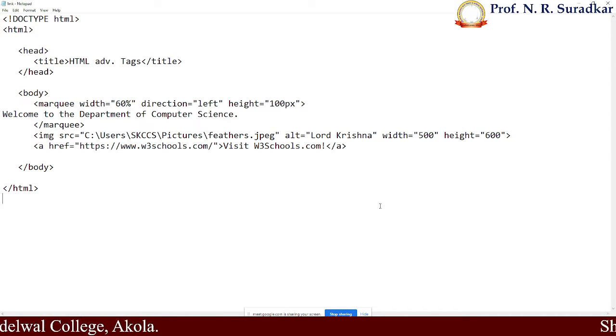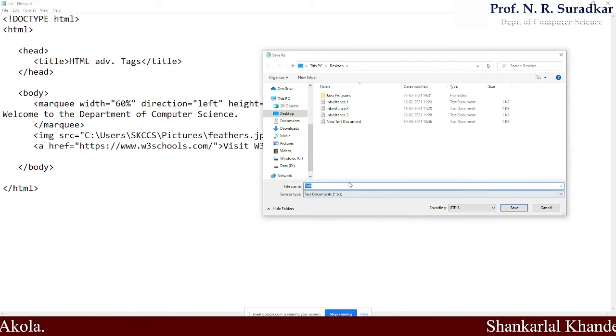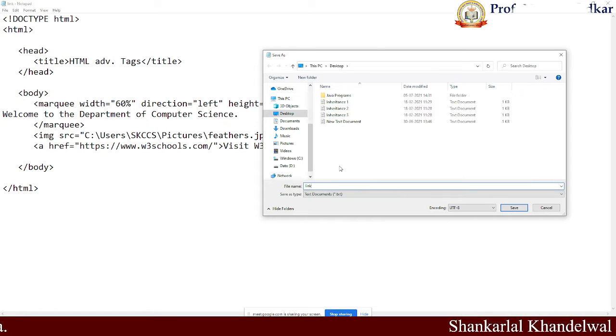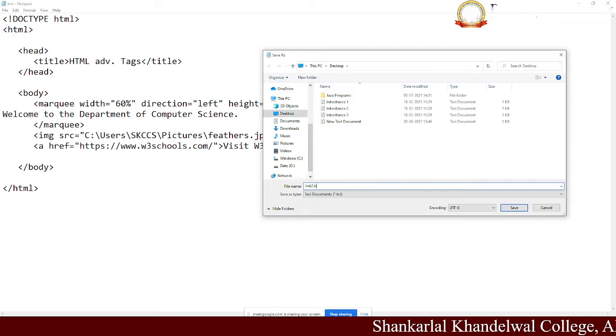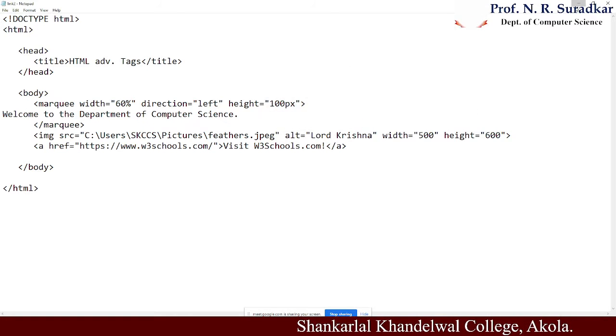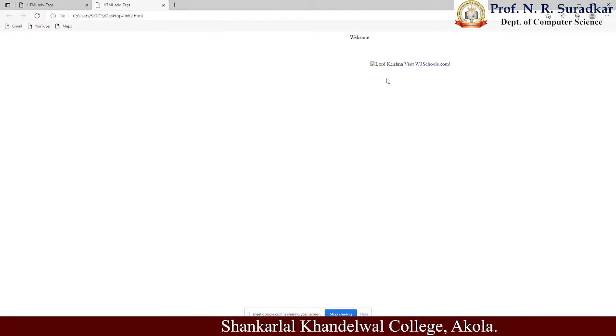Okay, once again, receive the content, save the file as link2.html. Go to the desktop menu, link2. The particular image is not able to be seen here.